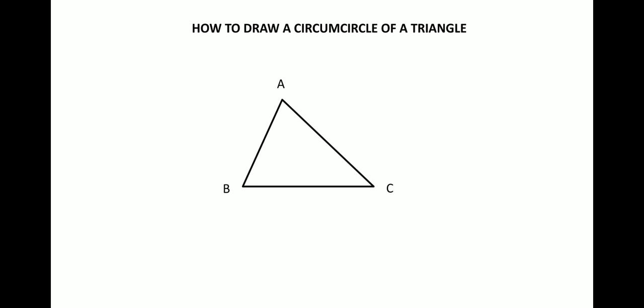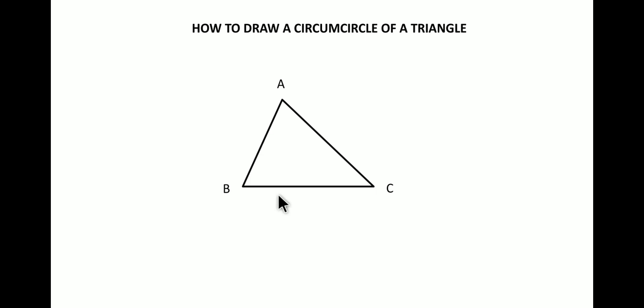I would prefer always you go for the two sides which are longer in length. So over here, I am choosing side BC and side AC. The two sides are selected so that these two sides are longer than this side AB. So I have chosen side BC and side AC. Now what to do after selecting these two sides?